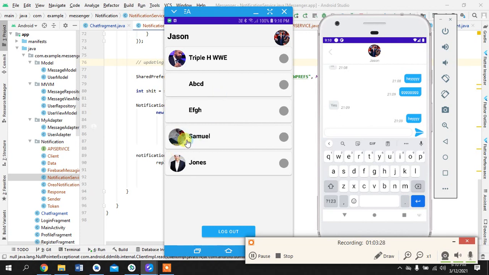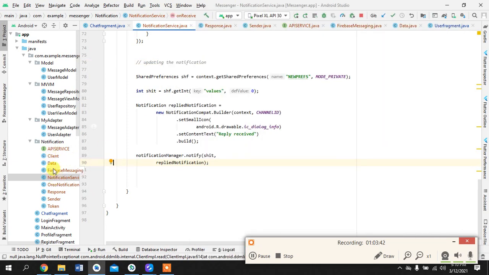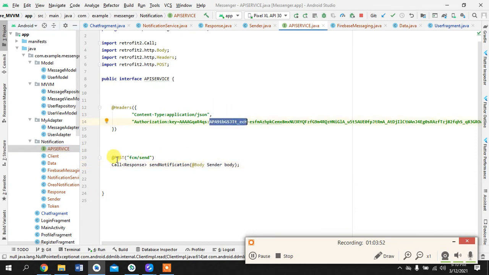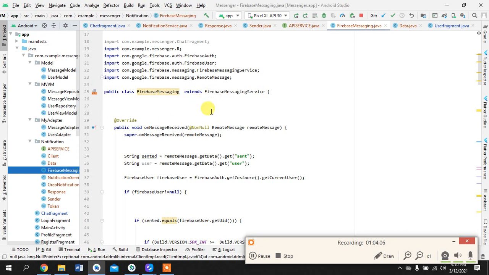running. And yeah, so what I can do is tell you a little bit of a reiteration, and then I would tell you a little bit more stuff, maybe just 5 minutes more. So what is happening here. First of all, we are going to register our app on Firebase, and then we are going to get the server key, and then we are going to use Retrofit to post, to send the notification onto the server of Firebase. We are going to write all the title and everything of the message of the notification, and then Firebase messaging is going to help us to retrieve that remote message,